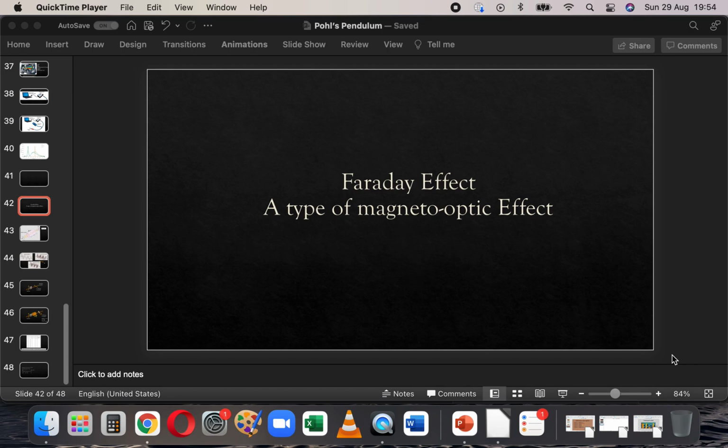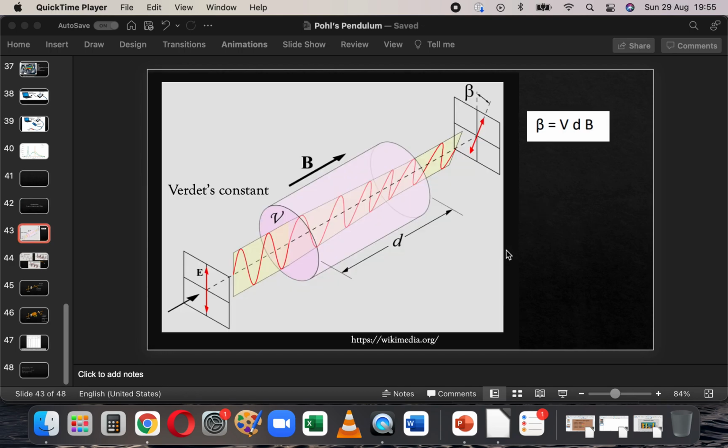In this experiment, you will learn about the Faraday effect, which is a type of magneto-optic effect. Magneto-optic effect is the name given to the interaction between light and magnetic materials. In the Faraday effect, you have a material represented by the cylinder in which there is a magnetic field in